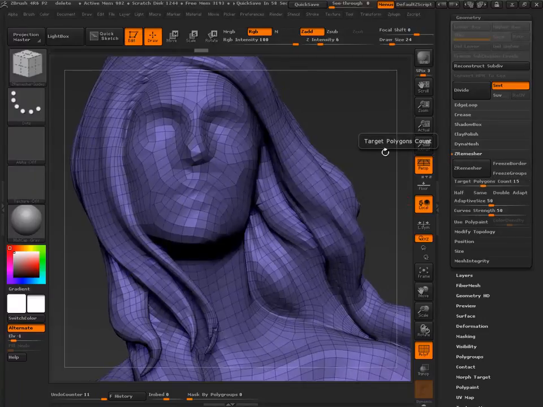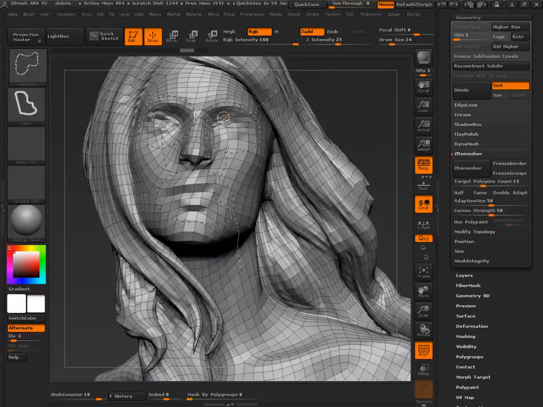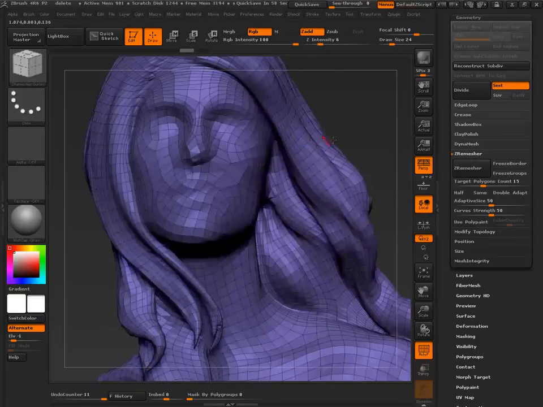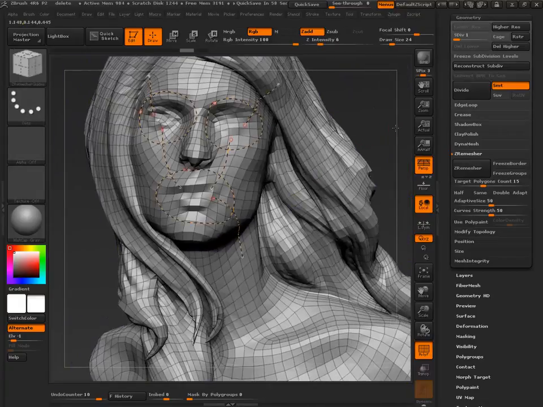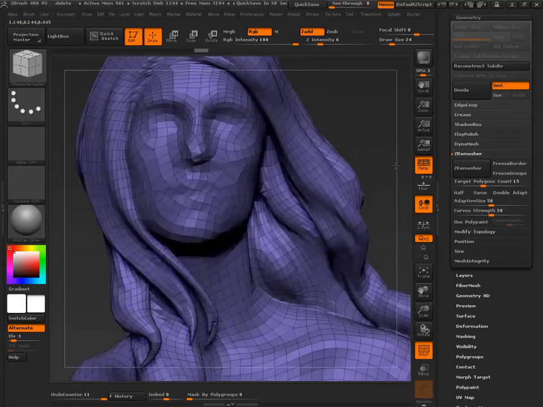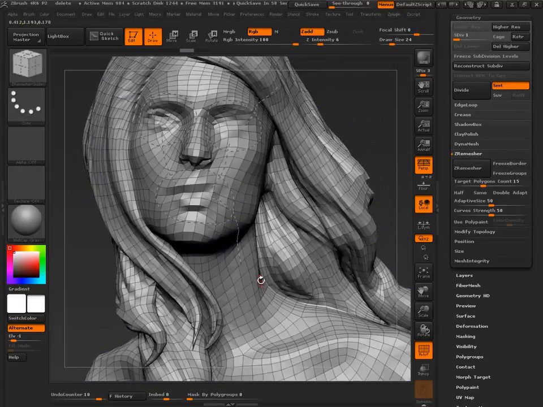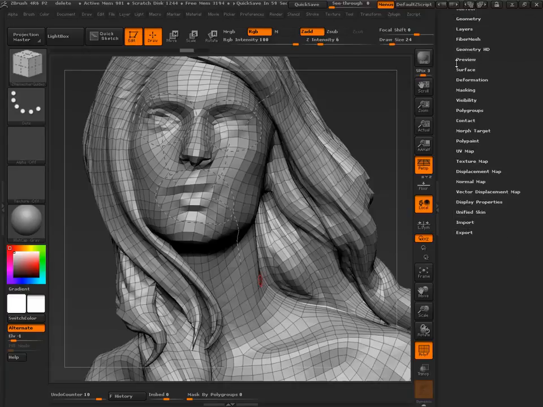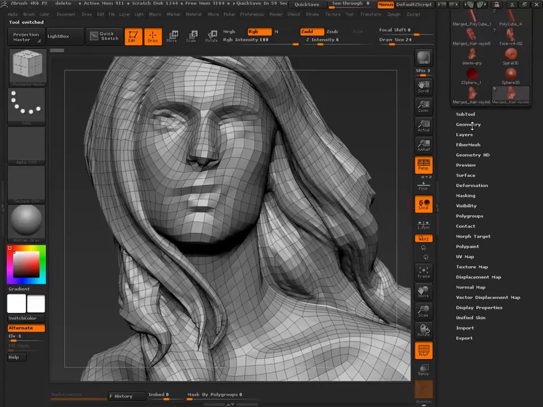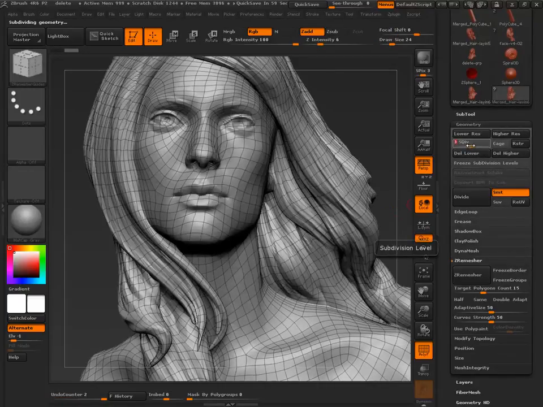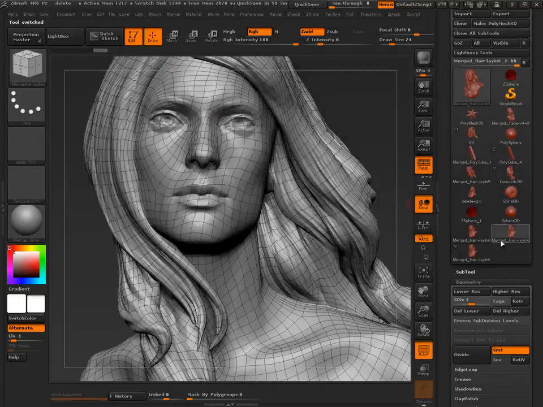Alright, we got a little bit better topology around the eyes. That mouth is still kind of not a happy mouth. That's kind of on the Joker side. And to do better than that, we might need to take that high res. So let's try a higher res. Okay, and I'm going to clone that.